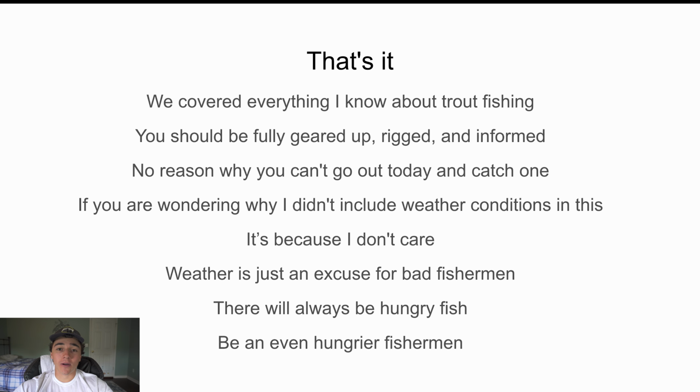So they're stock trout, guys, so they have no idea what weather conditions are or how they affect them. If it's wild trout, that could be a different story, but I don't really target wild trout that much. So you should be fully geared up, rigged, and informed. And there's no reason why you can't just go out today and catch one,